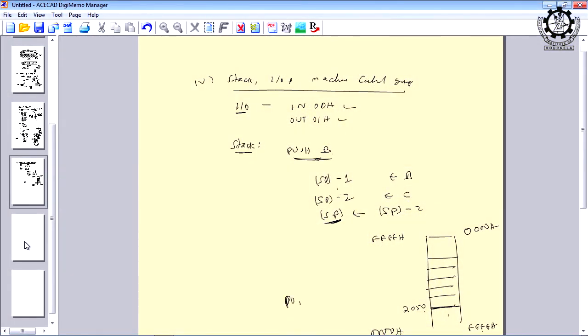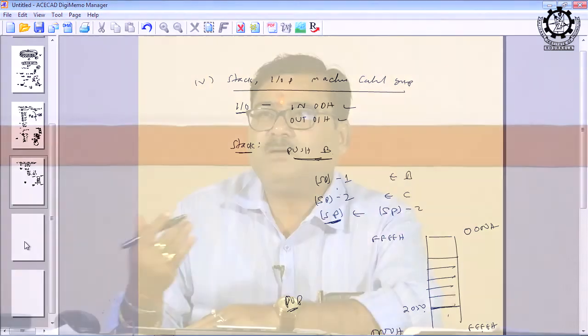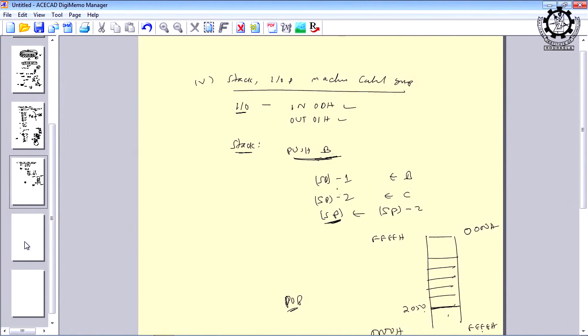Similarly, the pop operation is the reverse. What is the pop operation? You are taking the data from the stack and storing it in a register. In a push operation, the data is available in BC and you are pushing the BC content into the stack, and POP B means you are retrieving the data from the stack and loading it into BC, right.